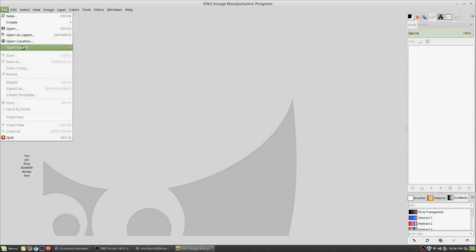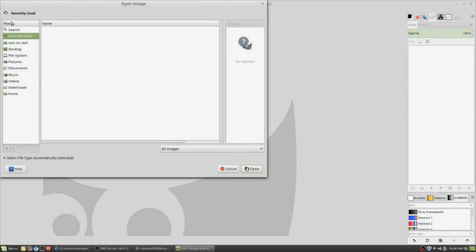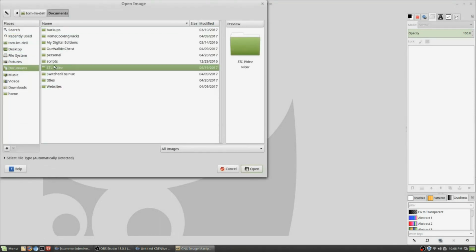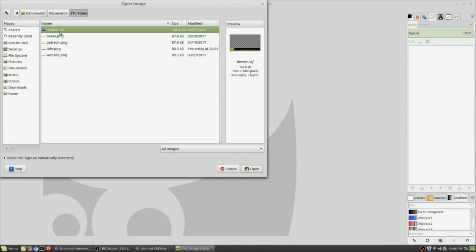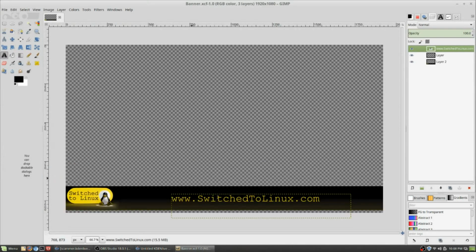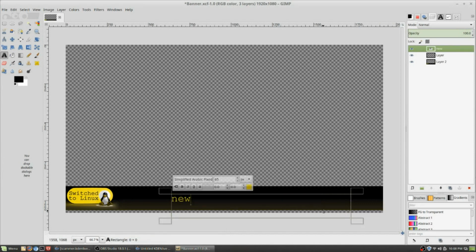So I have this set to not remember document history, but it's come over here into documents and STL video, and the banner XFC is the GIMP file. So what I do here is I just have this, and I just type in whatever my new title happens to be. And what this is, it's the size of the